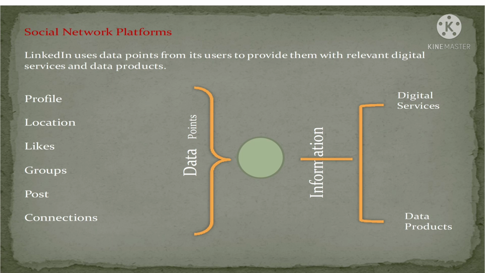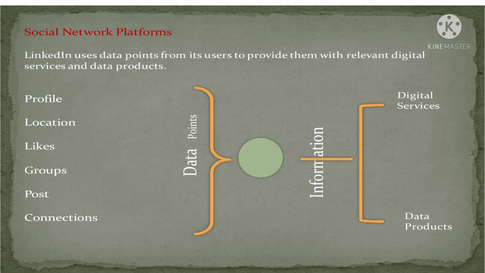For social networking sites, I mean Facebook, WhatsApp, LinkedIn, Twitter. These are nothing but social networking sites. In social networking sites, we create a profile also. The profile means your photo, your address, mobile number, Aadhaar card number, and the location you belong to. You belong to India, and the district, and then the state also. The likes: how many persons like your profile.